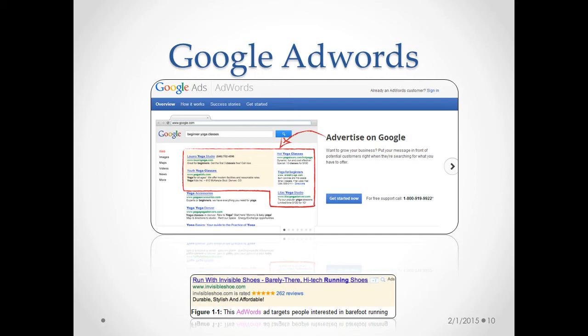The amount you pay for each visitor can be as low as 1 penny or as high as $80, depending on the quality of your ad, the quality of your website, and the competitiveness of the market defined by the word or phrase that you choose. This is known as a keyword, right? And that is what is typed into the Google search by the visitor. The typical search ad on a results page consists of 4 lines and up to 130 characters.